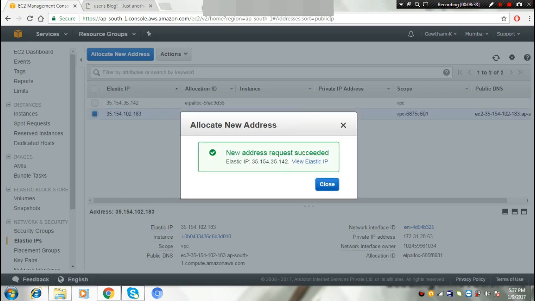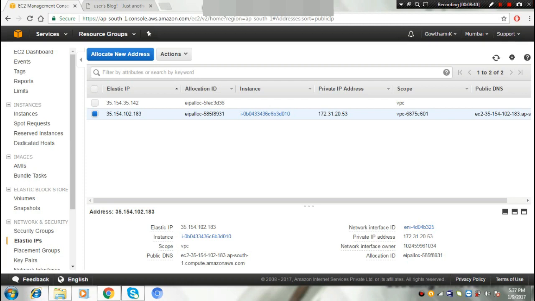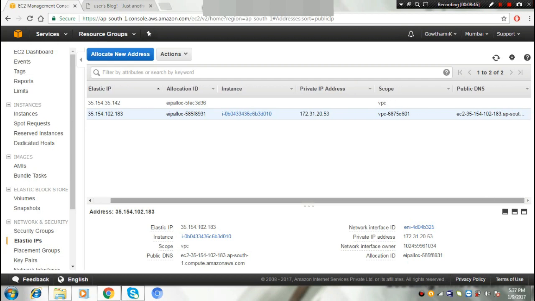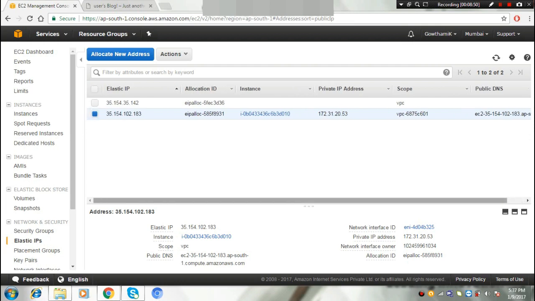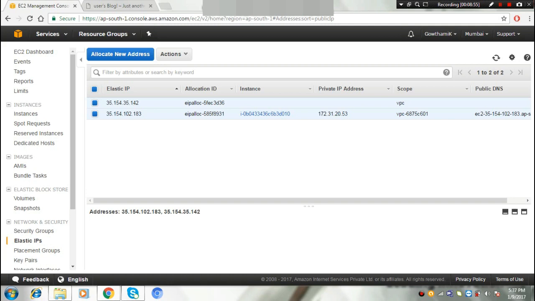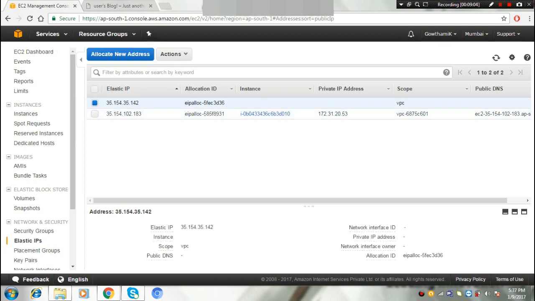For this we have to go to elastic IPs, and we have to allocate a new address. This is the newly created elastic IP, and we have to select only that newly created IP, and go to actions.